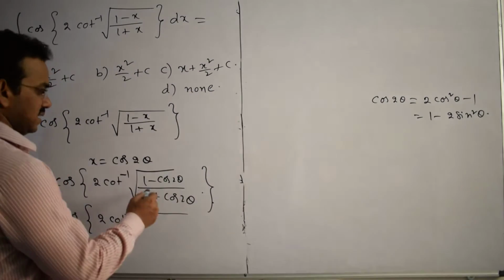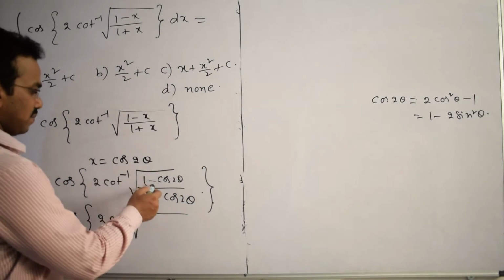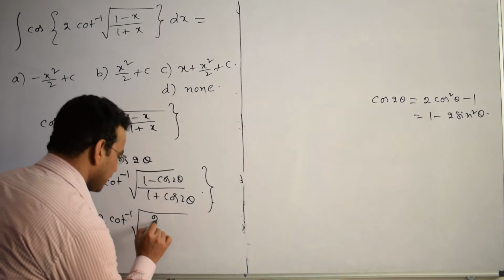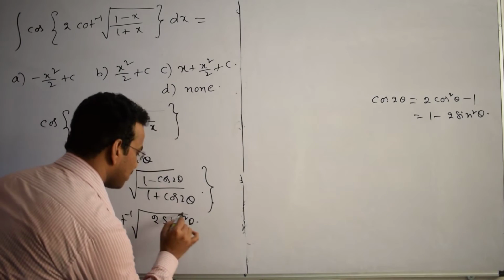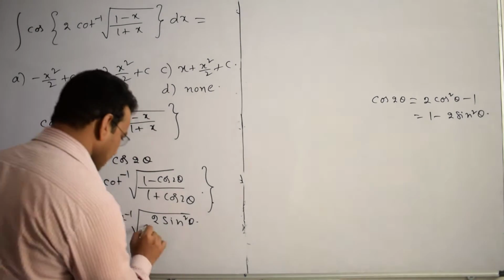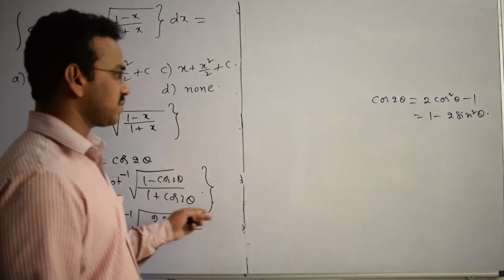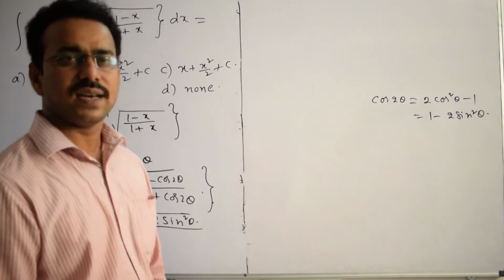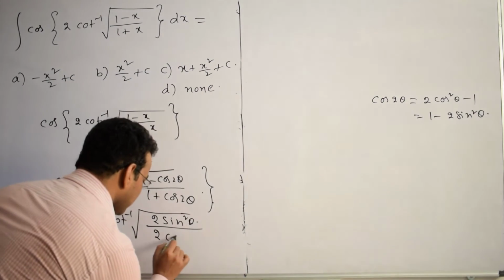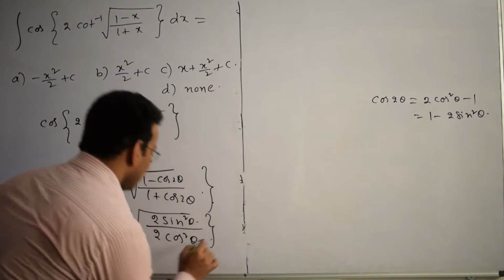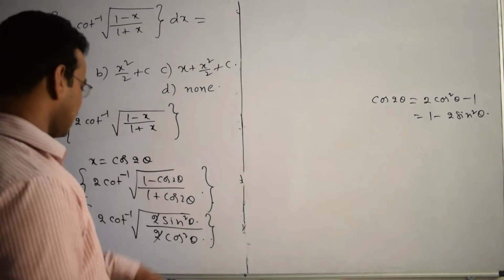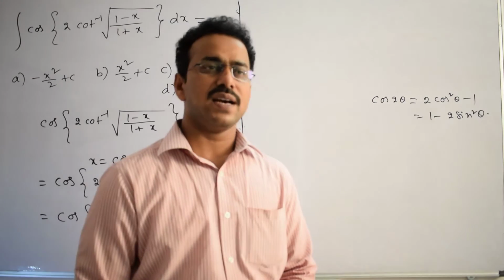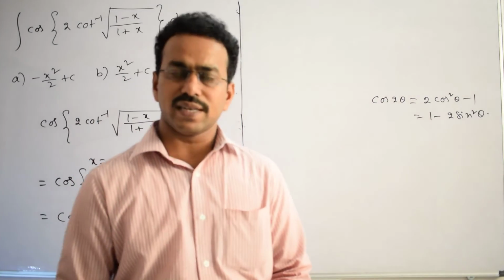So directly, 1 minus 1 gets cancelled, minus minus plus, we are getting 2 sin square theta after the cancelling of 1. Now in the denominator also we are getting 2 cos square theta minus 1 plus 1 gets cancelled, finally 2 cos square theta remains. Now 2 gets cancelled, there is an under root of tan square theta, sin square theta by cos square theta equals tan square theta. So under square root of tan square theta equals tan theta.